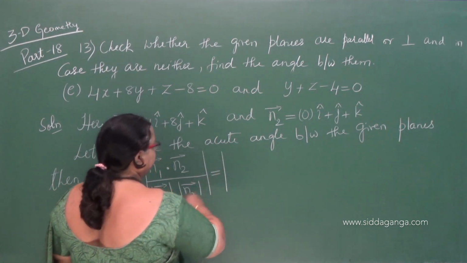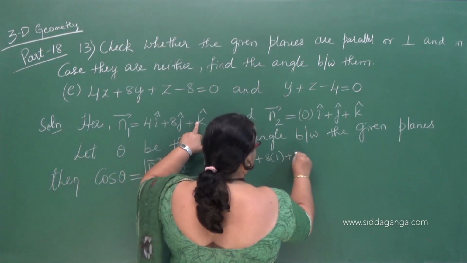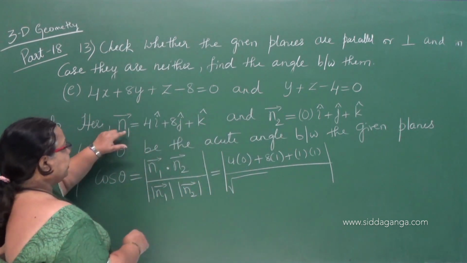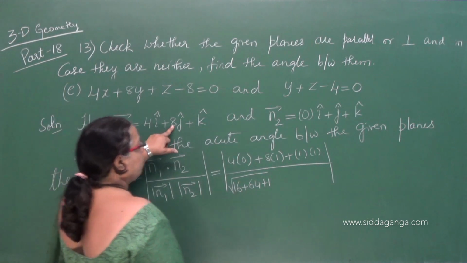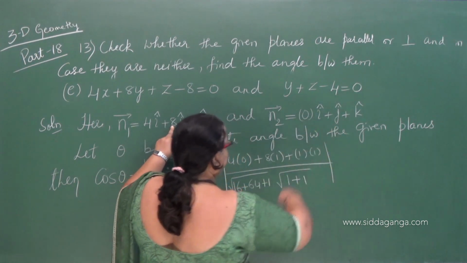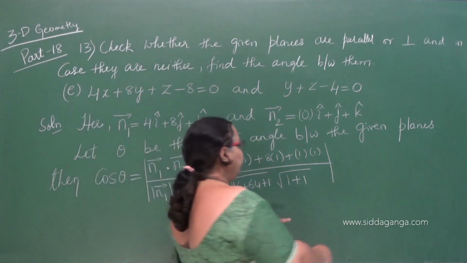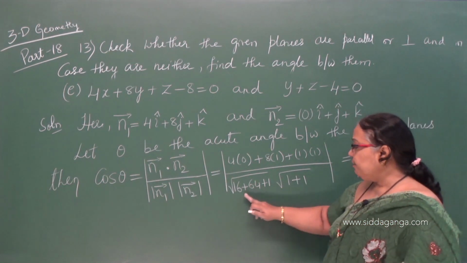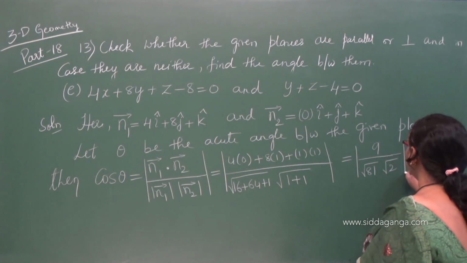That is equal to modulus of 4 into 0 plus 8 into 1 plus 1 into 1, divided by square root of 4 square 16, 8 square 64, 1 square 1. For the magnitude of the n2 vector, it is 1 plus 1, and since the first component is 0, we take only the other two components. Here 4 into 0 is 0 plus 8 into 1 is 8, 8 plus 1 is 9, divided by 64 plus 16 is 80 plus 1 is 81, root 81 into root 2,